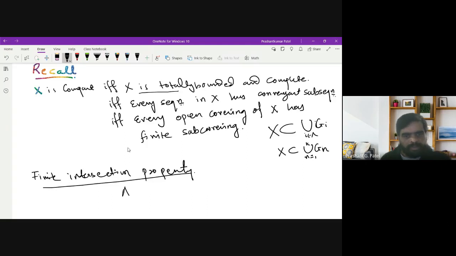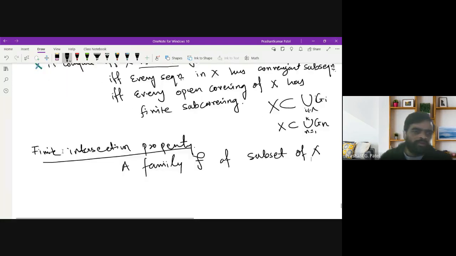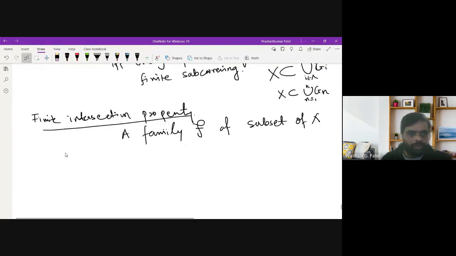A family script F of subsets of X is said to have the finite intersection property